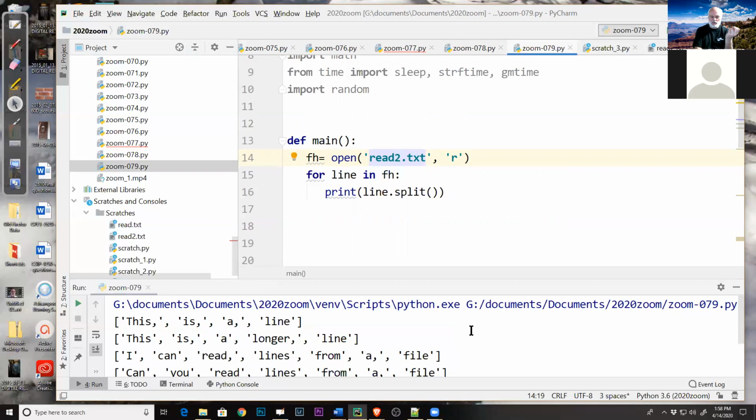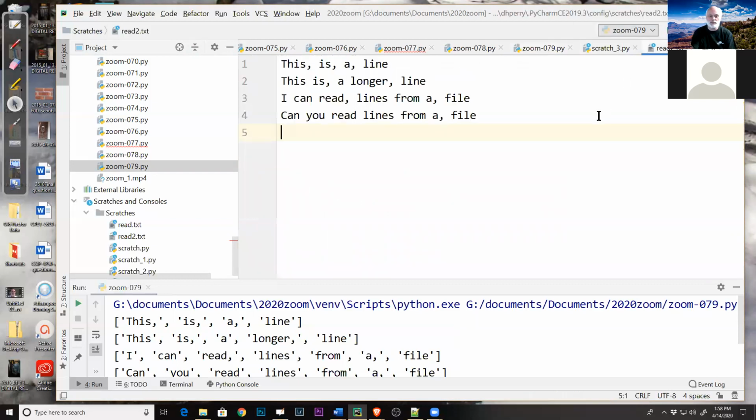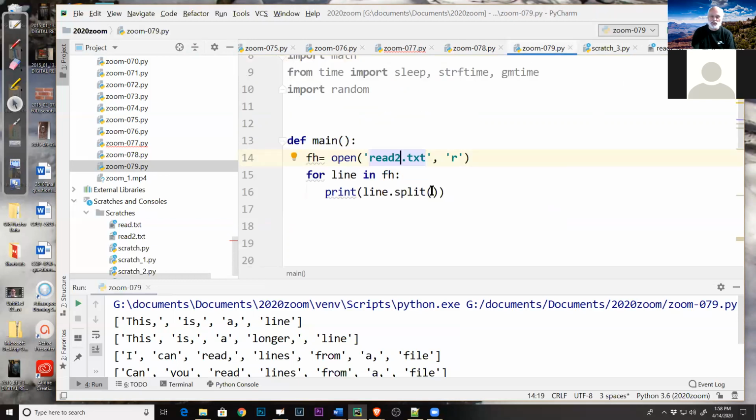Is comma is the next element because there were the commas here in the file. So, but it's still splitting it on a blank space. Well, what I probably want to do in this case is actually split it not on a blank space, but on the comma maybe. So if I want to split on the comma, in quotes,